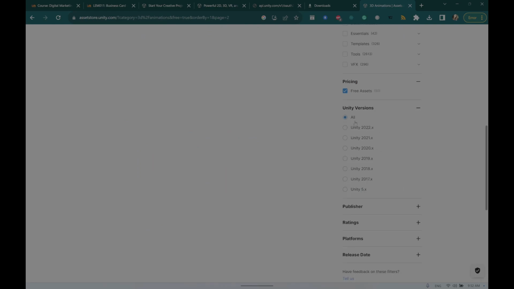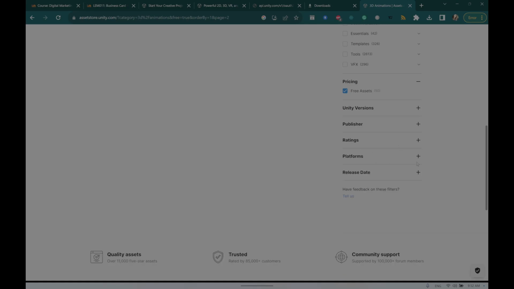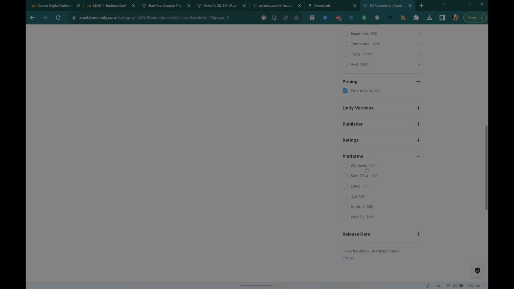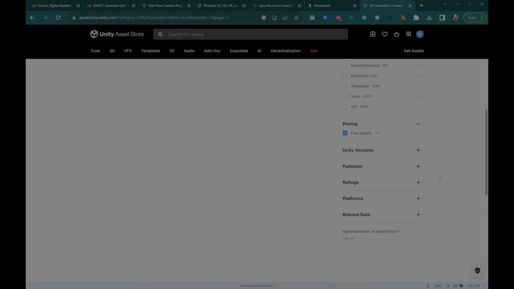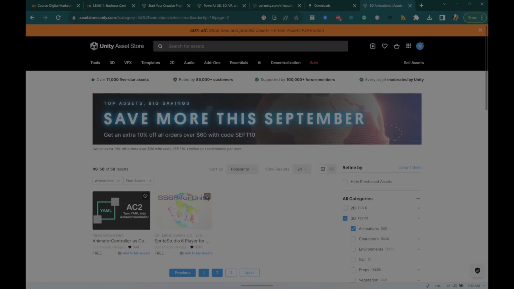there are assets for different Unity versions also. And here are platforms, okay, if you're building an application for a certain platform. Here are the ratings also, and release date is also available for filtering. So,